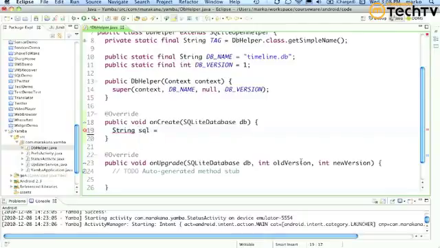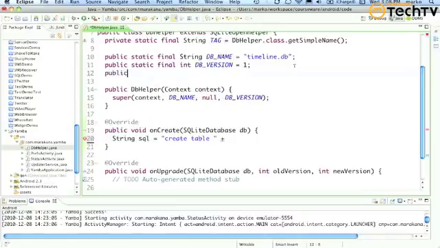String SQL is string.format. I guess I can do string.format, or if it's simpler for you to understand, I could do create table space plus, by the way, I'm going to define these as constants, so I need a table name, right? So I'm going to create public static final String table, what do you want to call it? Statuses, right? So plus table plus